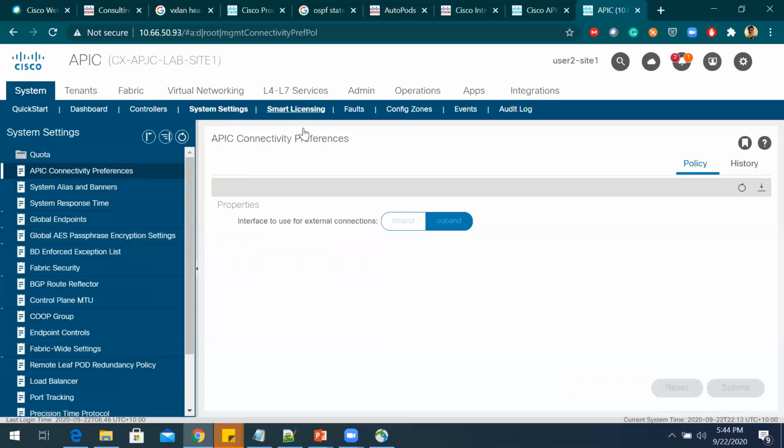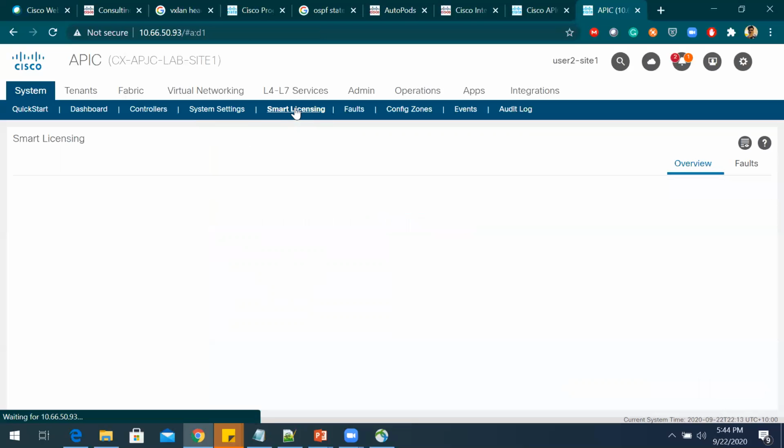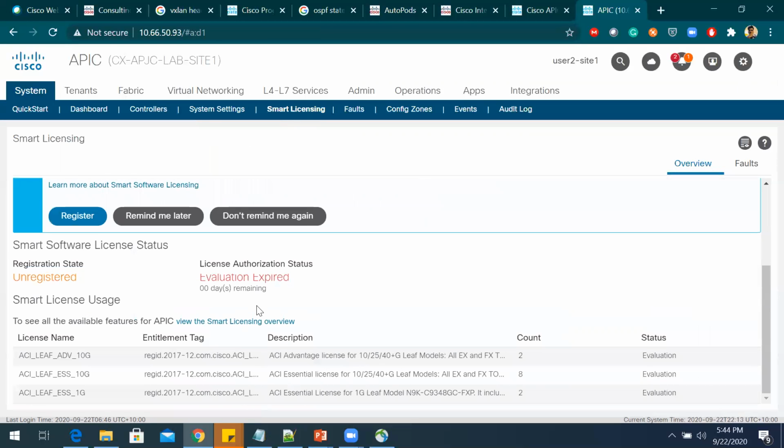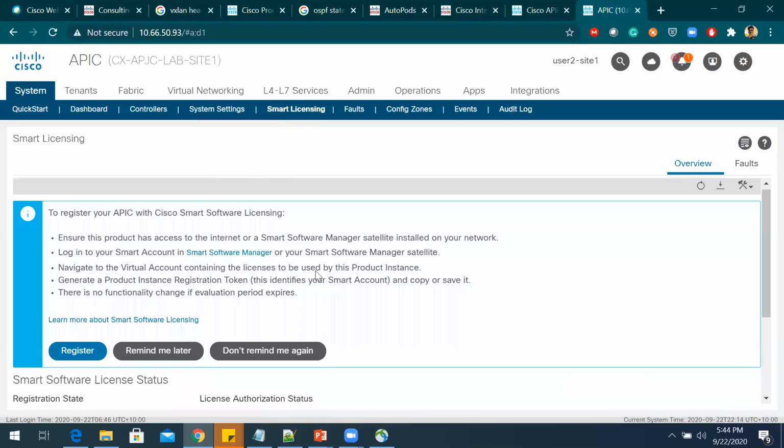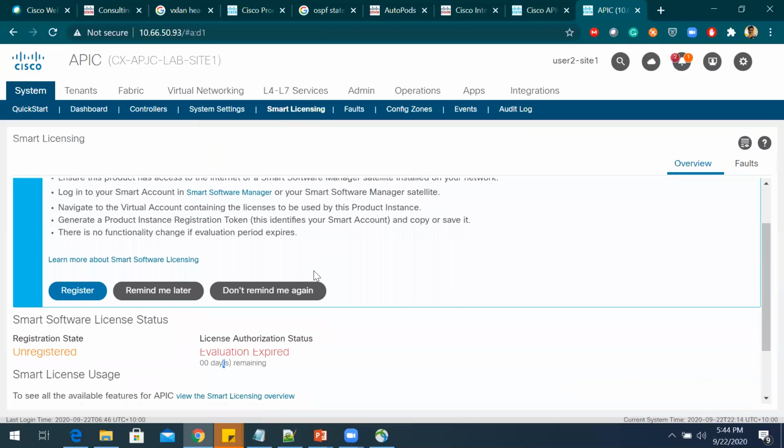So these are the system settings. If you go for the licensing, here we have the evaluation license. If you are aware of the Nexus evaluation license, we have an evaluation license for 90 days or 120 days, something like that. Then we have different types of license. Already we have the advanced license, and if you're going for some extra micro segmentation, remote leaf, or an extra feature which you want to achieve,